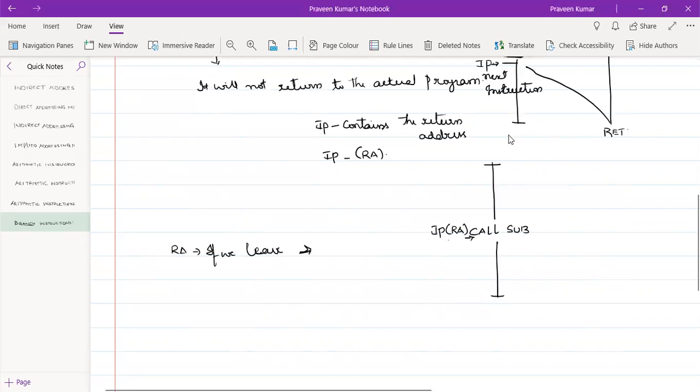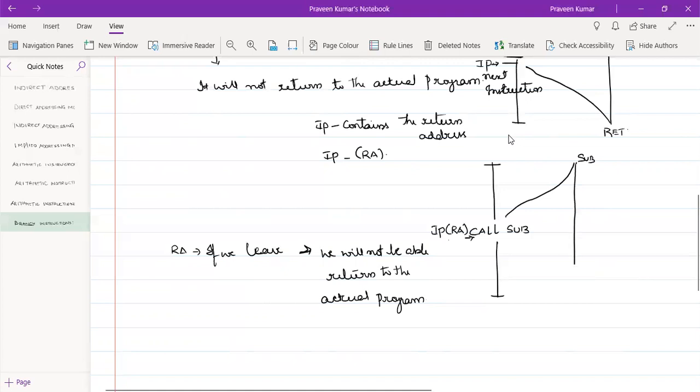After completion of the subroutine, we will not be able to return to the actual program. But now how can I leave this? Because if I don't leave this, I cannot go to the subroutine called sub and execute this particular program.